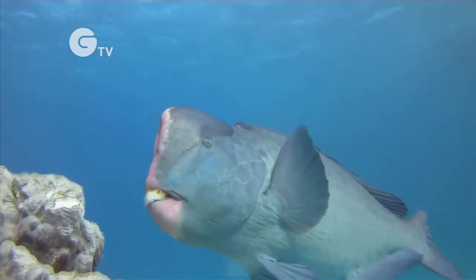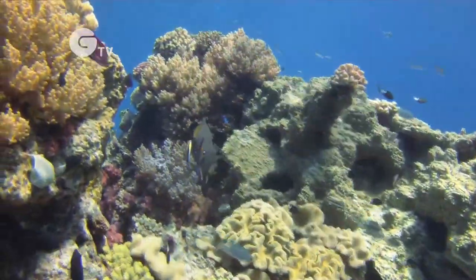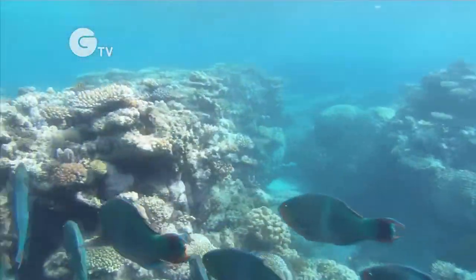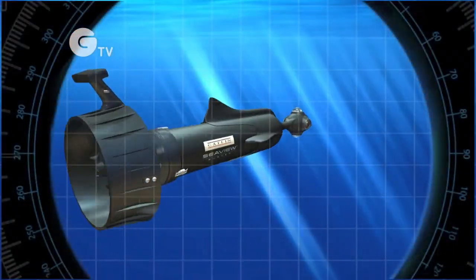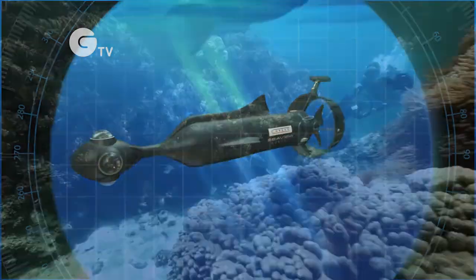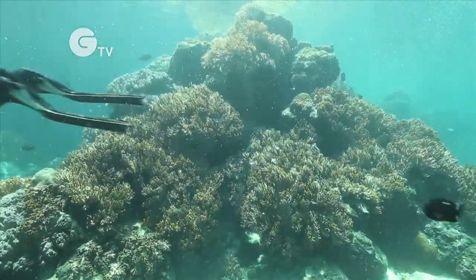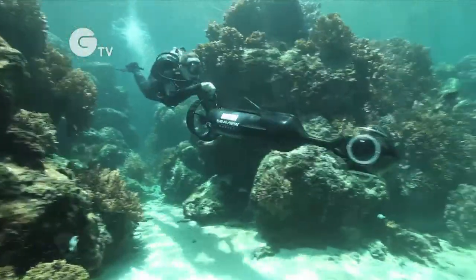The Catlin Seaview Survey is going to focus on an important part of the Great Barrier Reef, and it's going to provide some really important information on the structure and the biology of the reef. A central component of this part of the survey will be a custom-made underwater vehicle which will be able to take rapid-fire 360-degree shots of the Great Barrier Reef. This is going to provide really crucial information on the structure of the reef, the life as it is today, which forms a very important baseline which we have to have if we're going to understand climate change and its